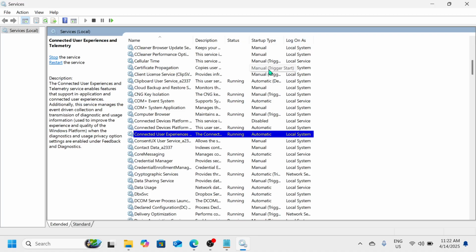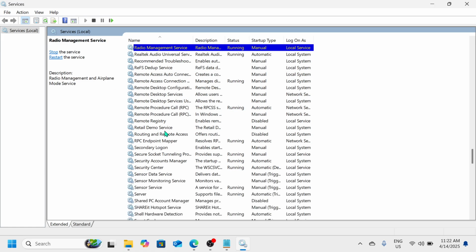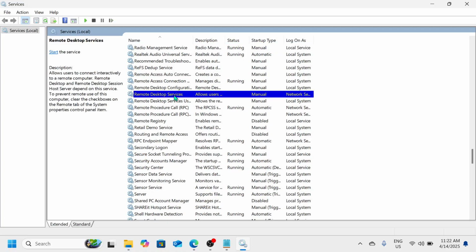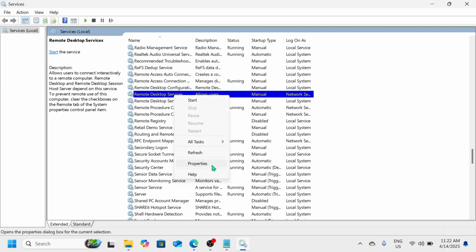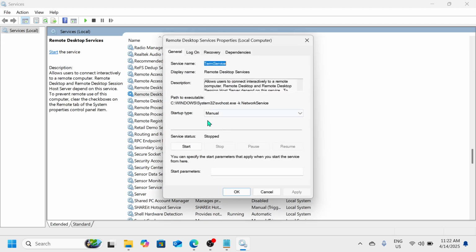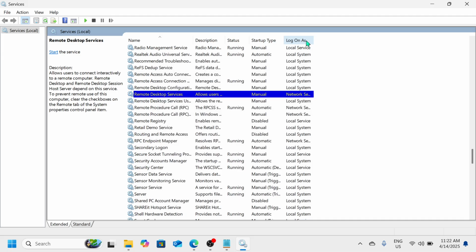So we will be looking for remote desktop. This one, remote desktop services. All you need to do again is just to make a right click and then go to properties. Here we need to set the startup type to disabled. Once you have done that, click on apply, click on OK, and then we will do the same thing with